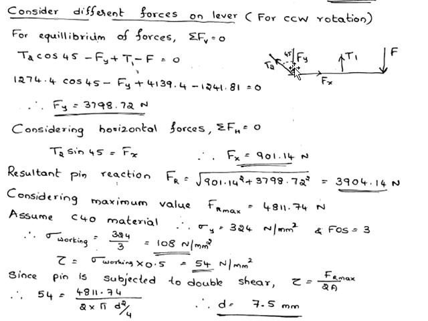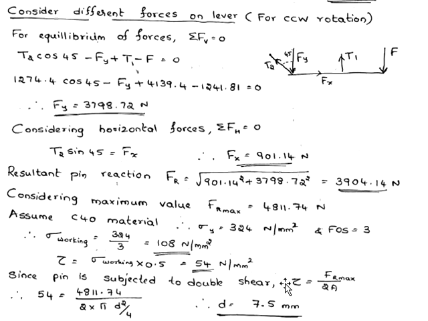This pin is subjected to shear stress. Therefore, find out what is tau or shear stress. Shear stress will be sigma working divided by 2 or sigma working into 0.5. You will get shear stress value as 54. And this pin is subjected to double shear. Since this pin is subjected to double shear, that is because there will be two forces acting on either side of rivet or either side of pin. Therefore, it is subjected to double shear. Since it is subjected to double shear, shear stress is given by F divided by 2A. 2A because it is subjected to double shear.